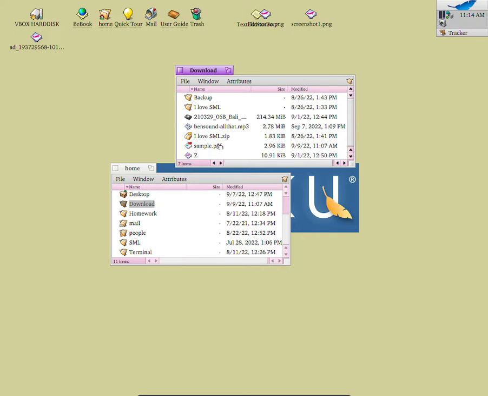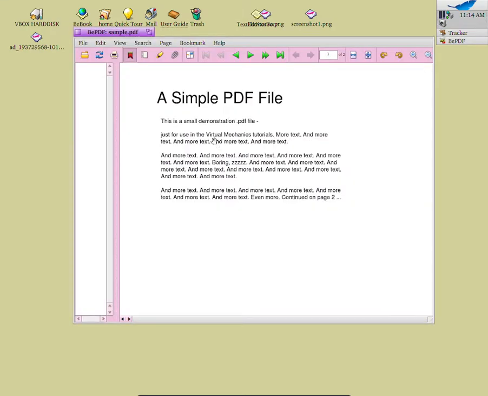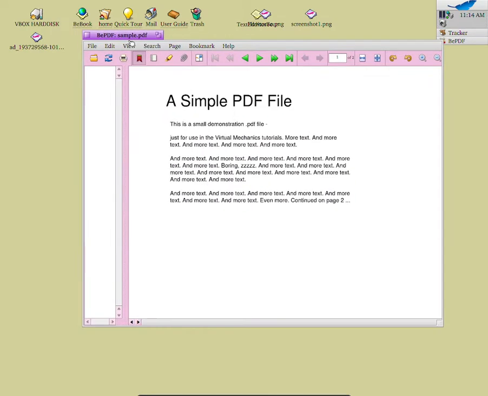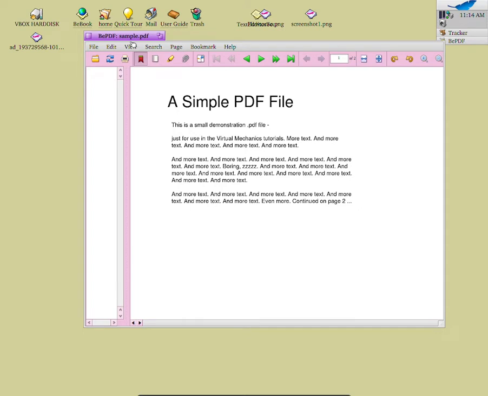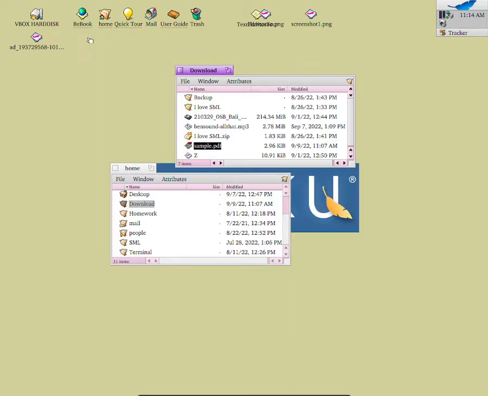So to open it, all you guys need to do is double click onto it, and as you guys can see, it has opened up the PDF file. Isn't that wonderful? And the other way of doing it is that we can close out this, and now